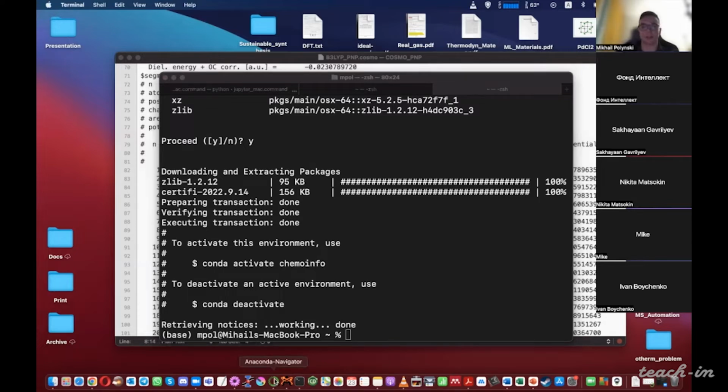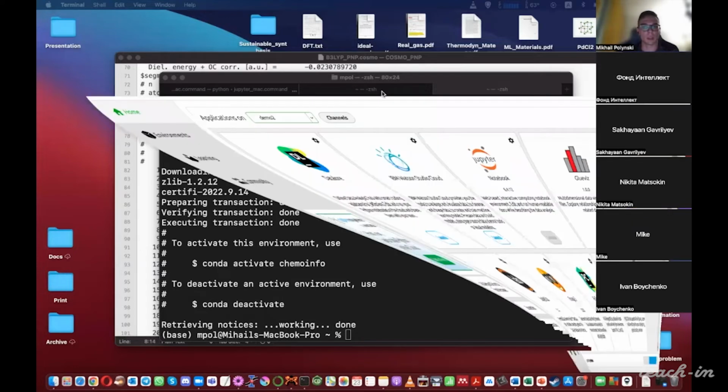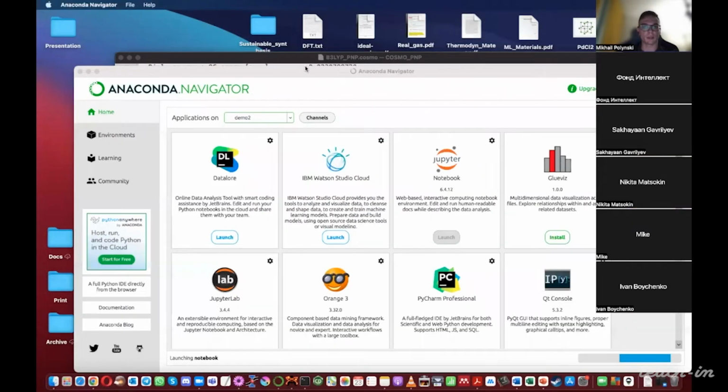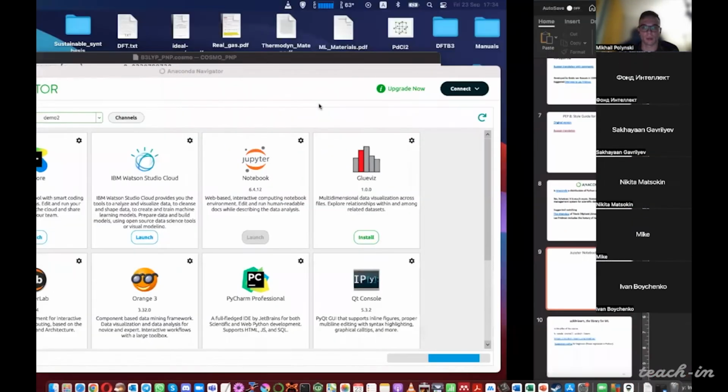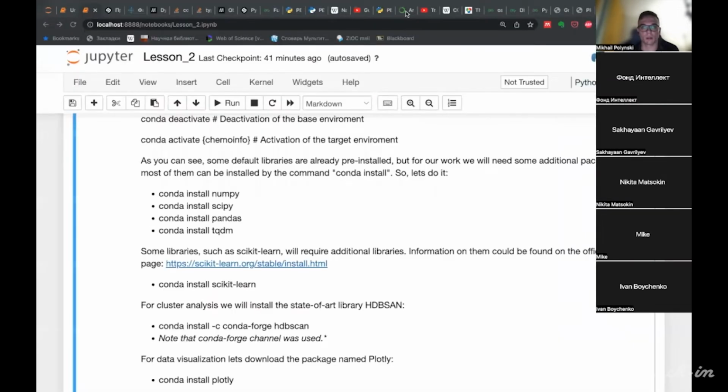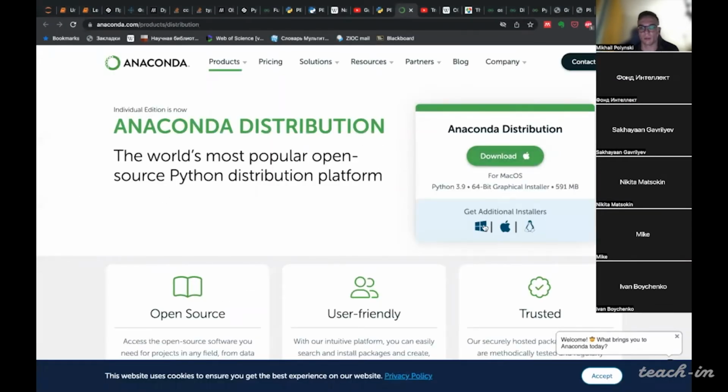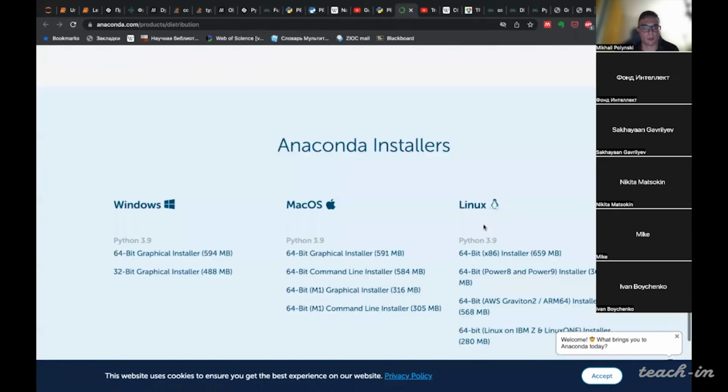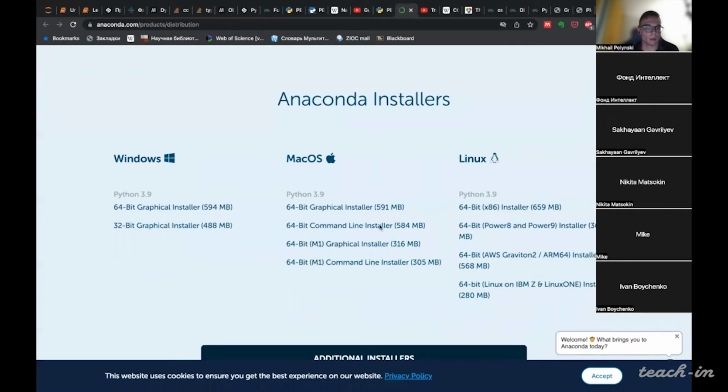So yes, I can suggest an easy way to install Anaconda and work with packages that are provided within the Anaconda distribution. First of all, you download the installer.